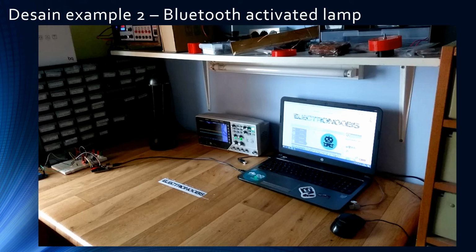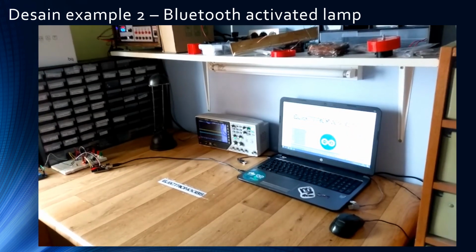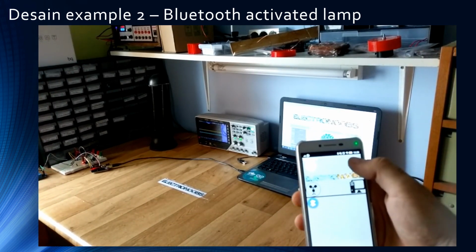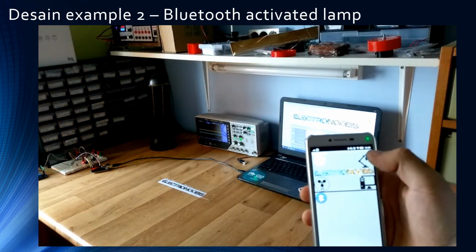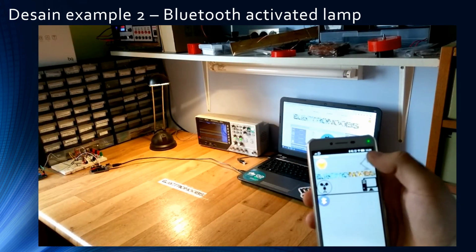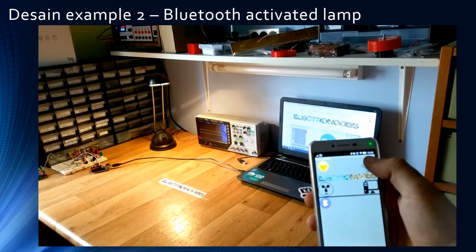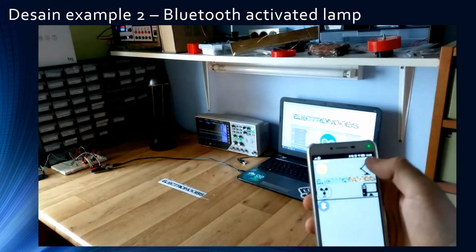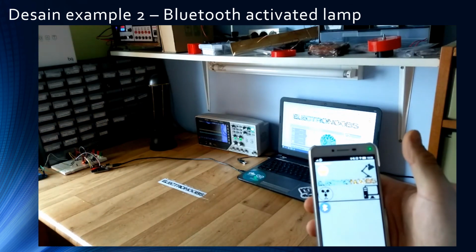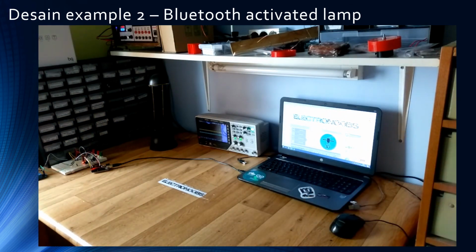After you put all of those wires and download the software into the Arduino, it can perform like this. You can see from the video, press and then on. There is no wire connection between the smartphone and the lamp. But if you look in detail, you can see it is still connected to the computer.